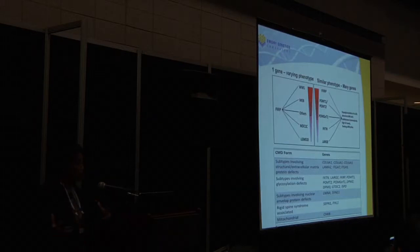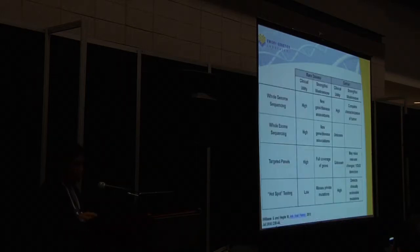But then you have on the other side FKRP, POMT1, POMT2, and a whole range of genes that can cause glycosylation disorders and congenital muscular dystrophy. So now you're in a situation where you want to do either one or the other, and how do you decide that? Last year I wrote a review for Advances in Anatomical Pathology on the clinical utility of